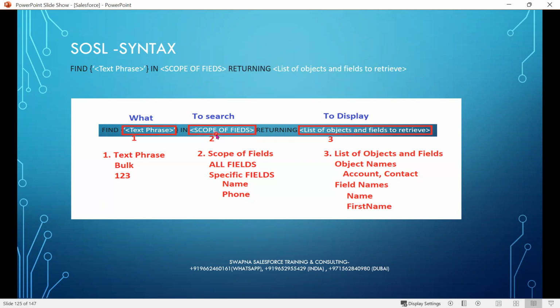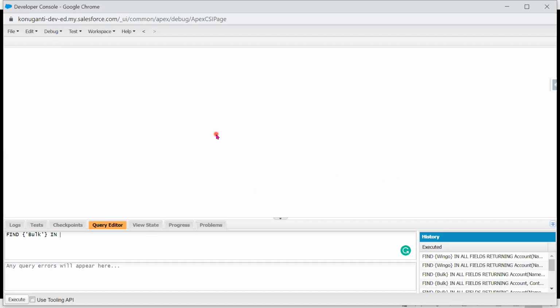Where to search is not mentioned in the requirement, so we will use all fields. And then the third keyword is returning, followed by the list of objects. We know the object, and the fields to display. Fields in the requirement are mentioned: name, comma,